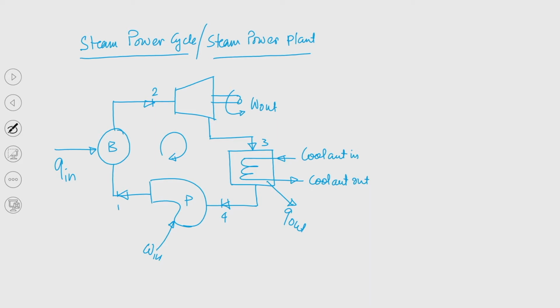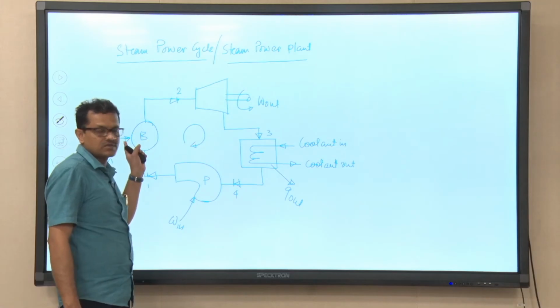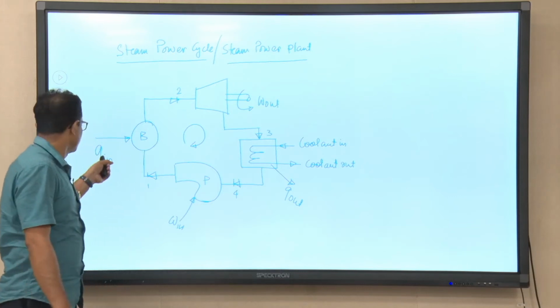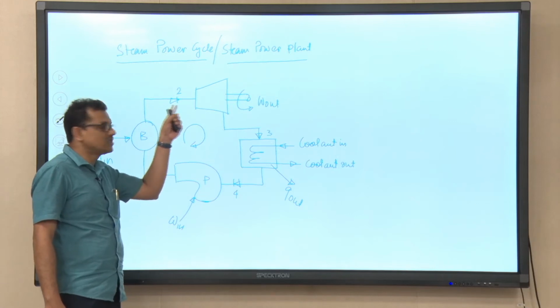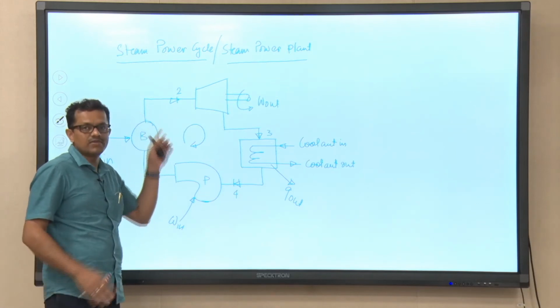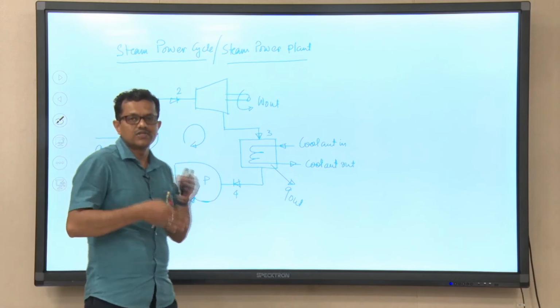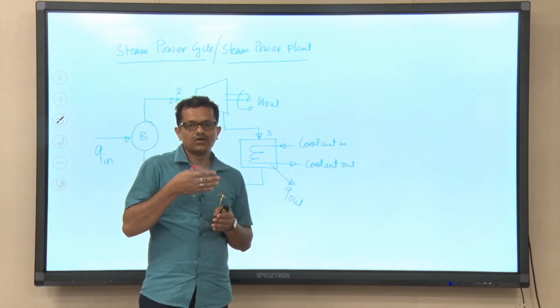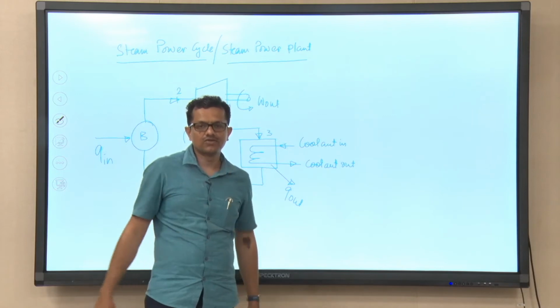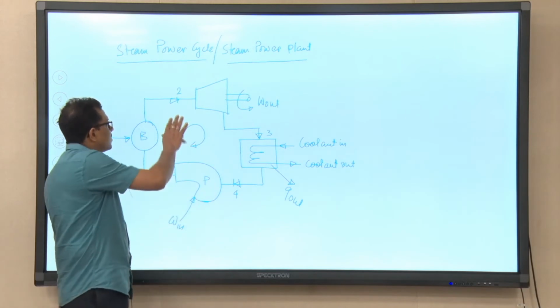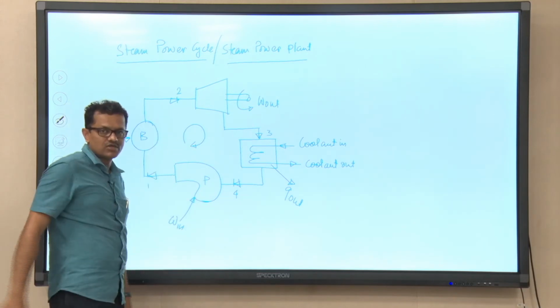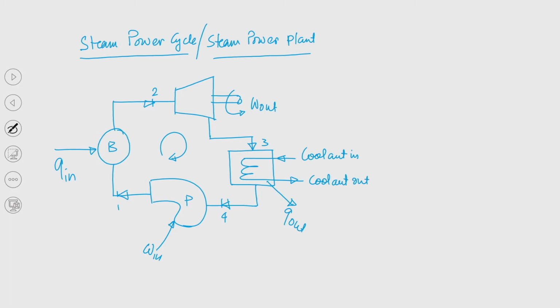Now, in a boiler, when the liquid water is allowed to go to the boiler, upon receiving heat from the external source, that is what is shown over here by this Q in, water will be converted into steam, and that steam will be taken to the turbine. Not directly to the turbine, but before steam enters the turbine, it will flow through the nozzles, those are known as flow nozzles. We shall discuss this particular topic, but I did not show those nozzles over here.